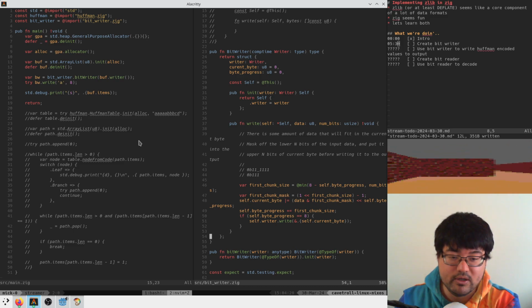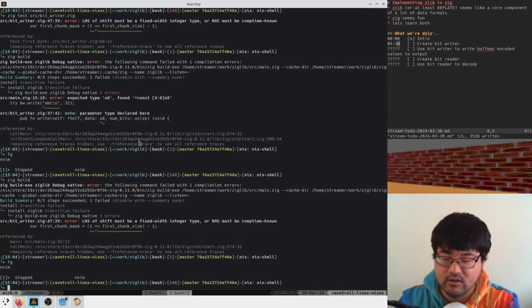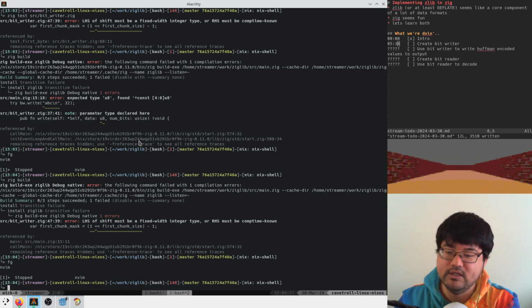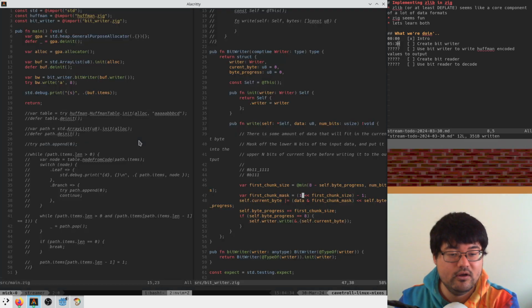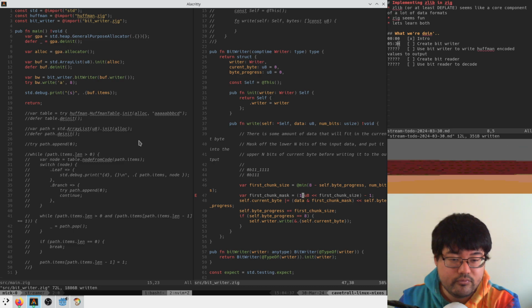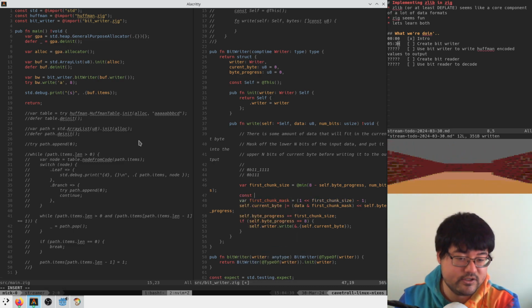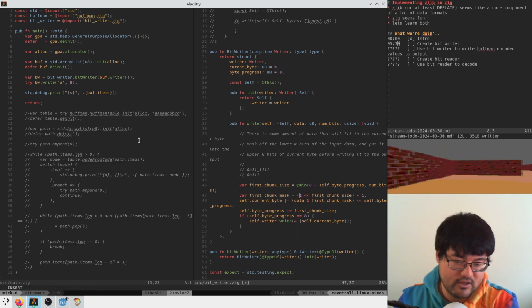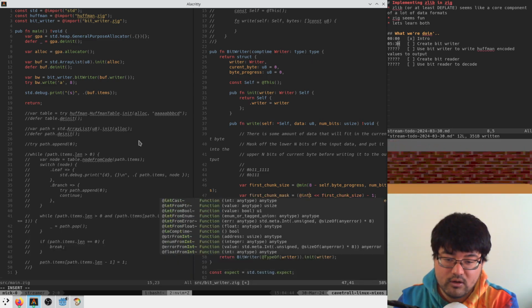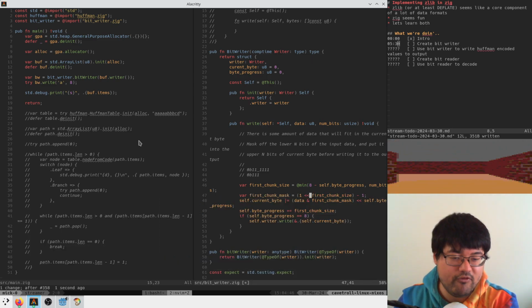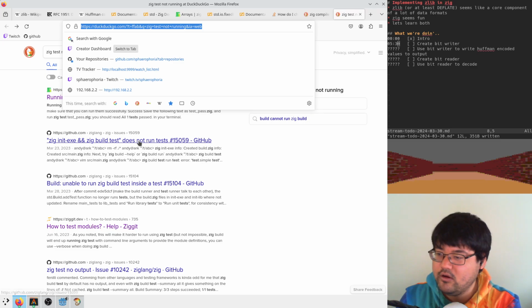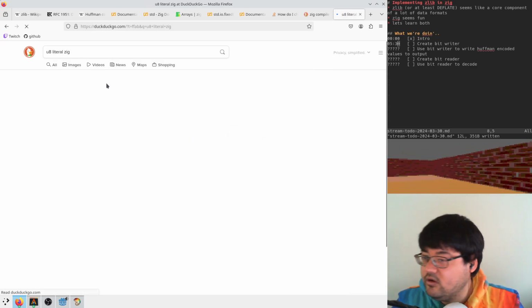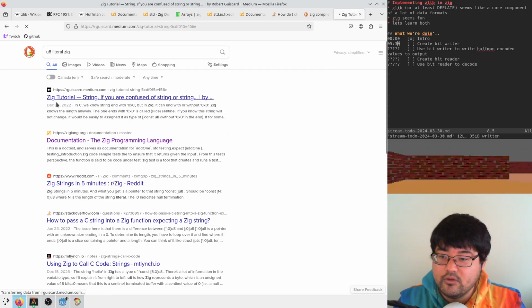our bit writer because it doesn't like the shifted left by first chunk size because it needs to be a fixed width integer. Left-hand side of shift must be fixed width integer type. Oh, I see. So I need to say const. Can I say like, how do I force this thing to be a U8? U8 literal Zig. Can I like